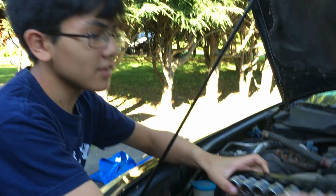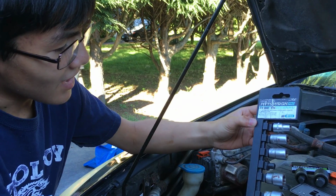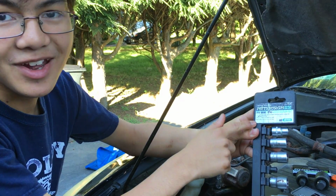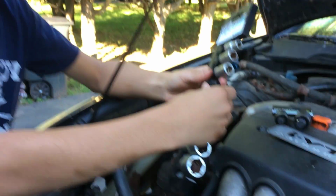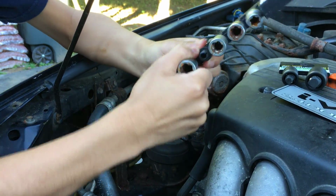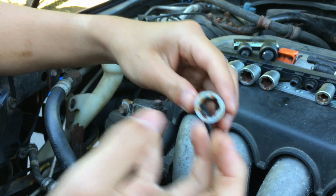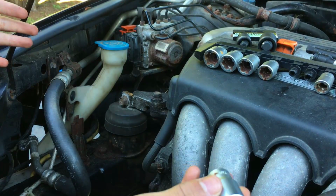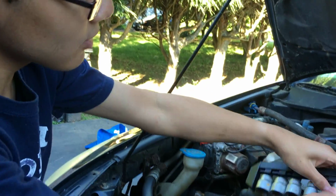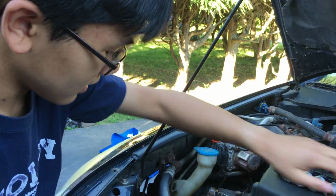Over here we have this set of Pittsburgh Pro bolt extractors. As you can see, we've left it outside for too long, so it got a bit ruined. But if you look at one of the sockets, you can see that it's specially made so that it can take hold of stripped bolts and remove them. So we're going to be using that to get rid of the stripped bolts, and it actually worked on the